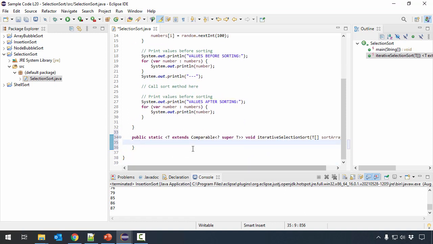Inside our method, we're going to create a for loop that's going to drive the number of passes that we need to make. For my for loop here, I'm going to create the counter i, and I'm going to initialize it to 0. And I'm going to loop while i is less than the length of our array